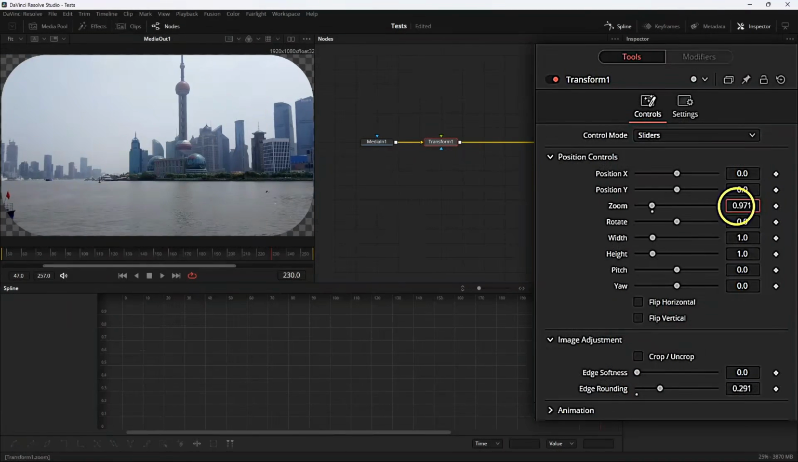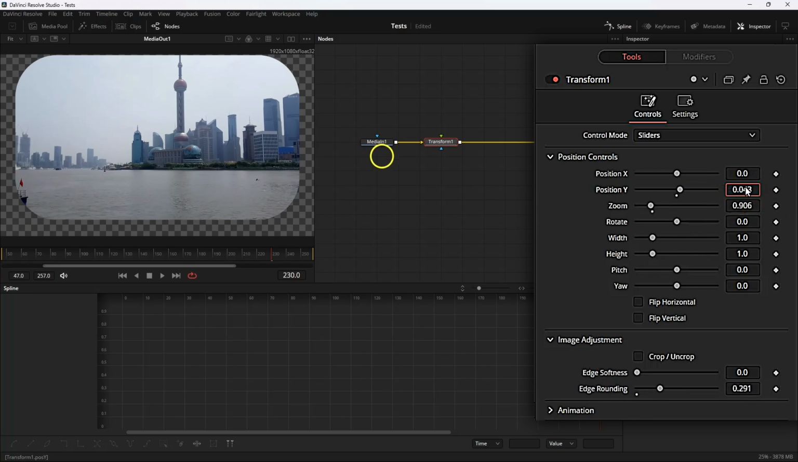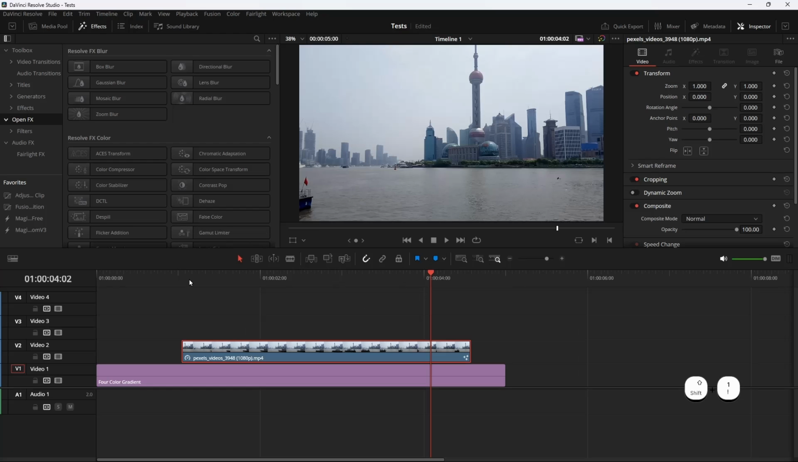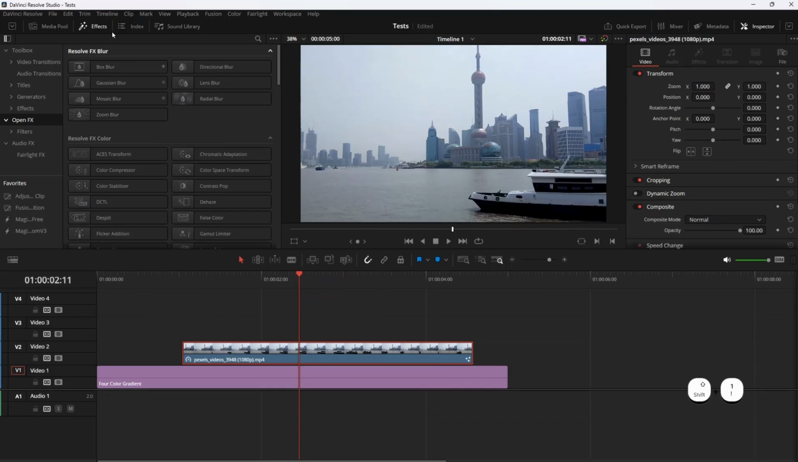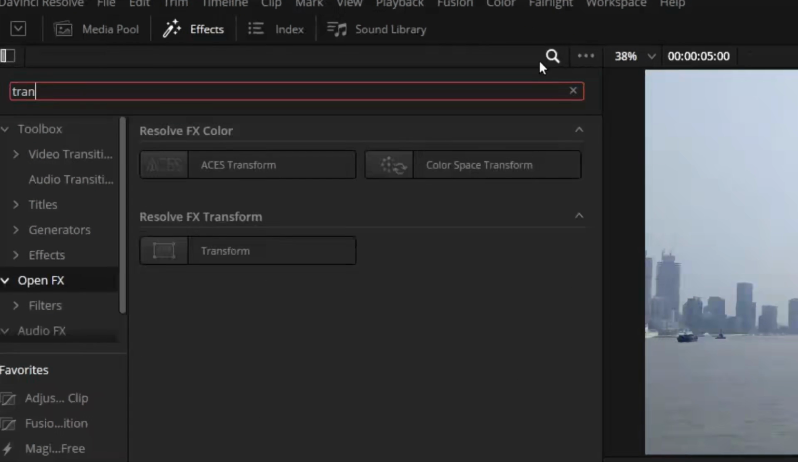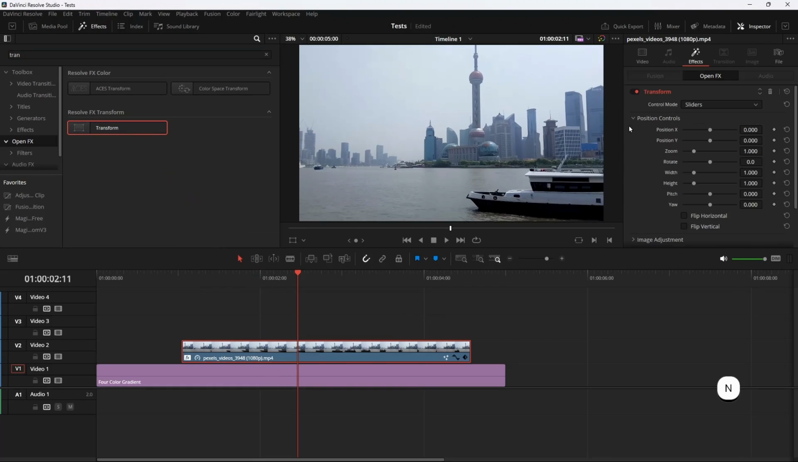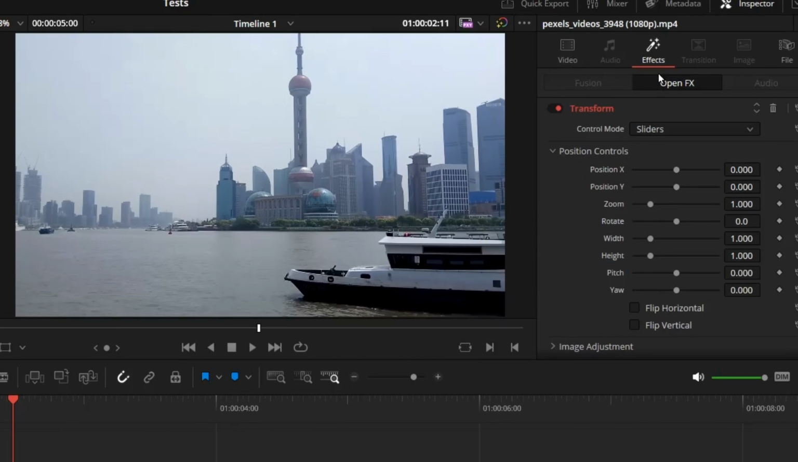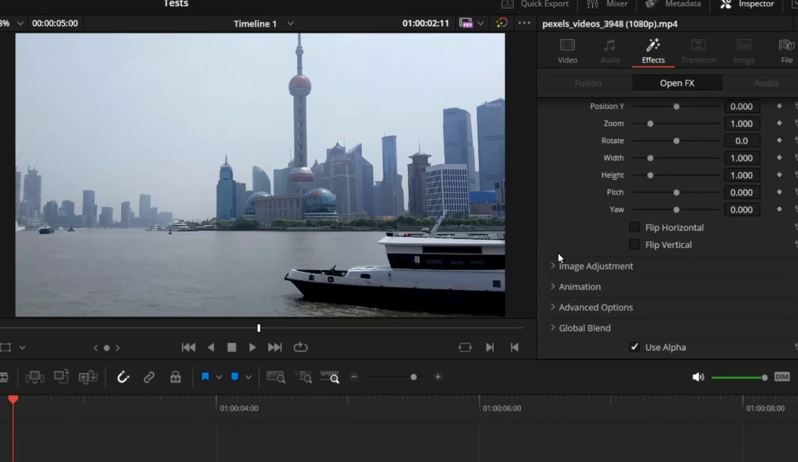From here you can also scale it down or move it, and you know what's the fun part? You can do the exact same thing on the edit page. I'm here on the edit page with the same video. Now go to the effects panel, then open effects, and here search transform and drop it on your clip, and go to the inspector panel, effects, and open effects, and here you will find the image adjustment, and this is the same